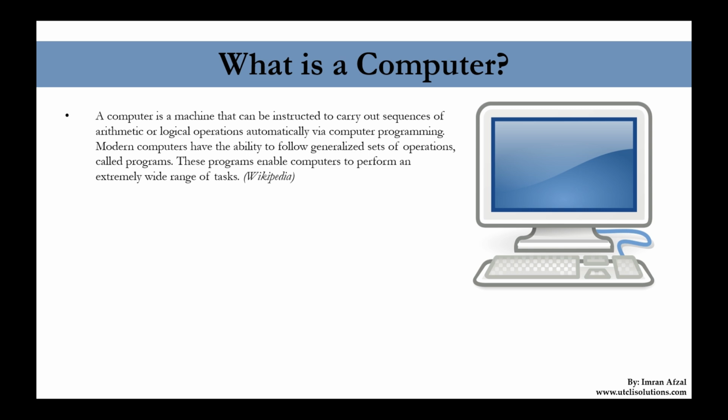Another definition of a computer is that a computer is an electronic machine that manipulates information or data. So that information can be stored, retrieved, and processed. So you could save it, and anytime you need to pull that information, it can be retrieved from the disk. You could change it, process it, manipulate that information.